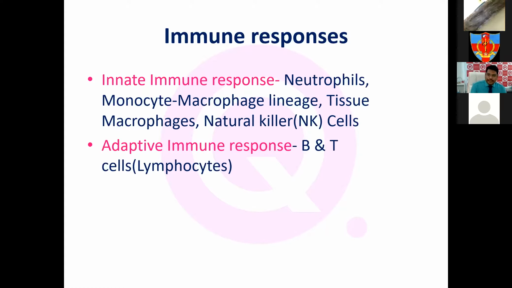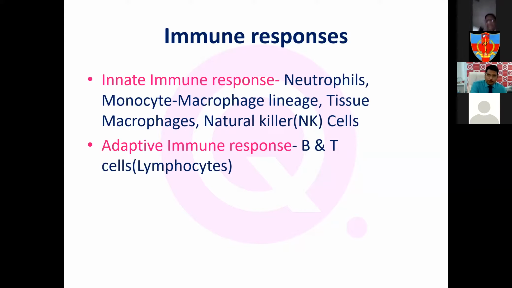Adaptive means it's a trained immunity. These cells get exposed to antigens and then trigger a whole set of other immune regulators downstream, thereby contributing to the trained immunity. By and large, if you look at some of the studies trying to establish why the immune weakness is happening in COVID-19 patients, most of them seem to show that it affects the innate immune arm rather than the adaptive immune response. The adaptive immune response, by and large, is the target for HIV.